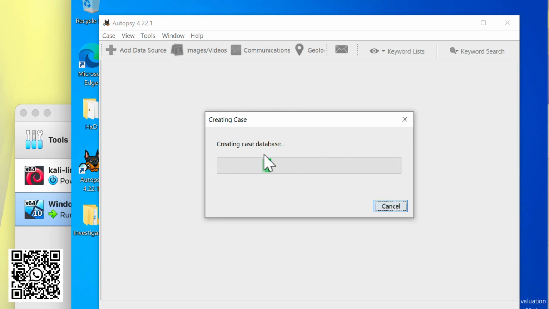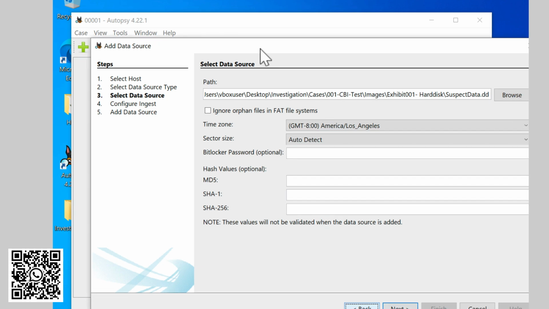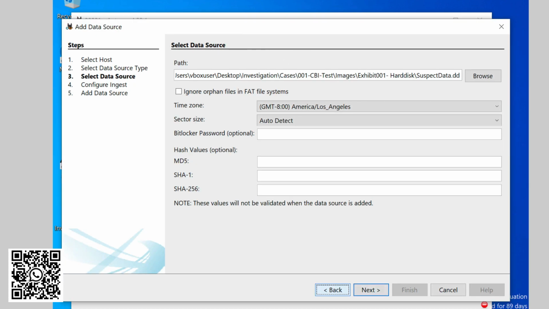So there are three devices, but again inside the device, for example the first laptop, there might be an image of a RAM, there might be two hard disks, and there might be some non-volatile items. In that case, while adding the host, you need to select a new host, and the data source will be the path of the data.